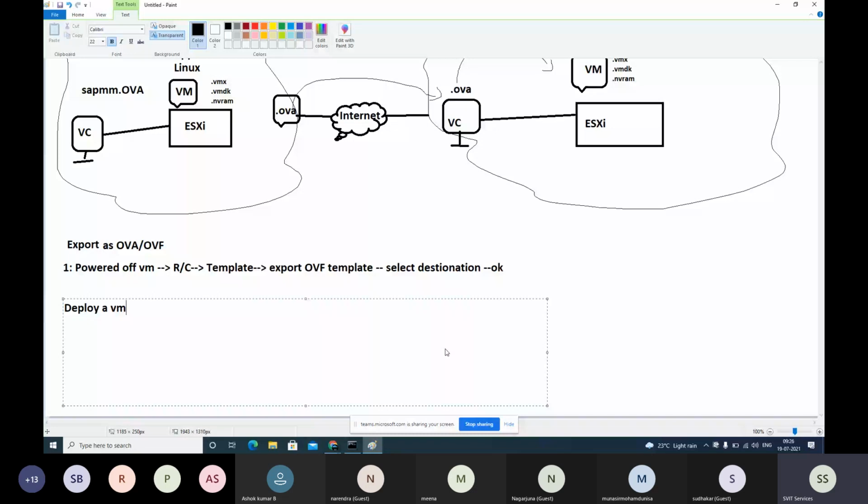from the vCenter, right click on the ESXi cluster, deploy OVF template.